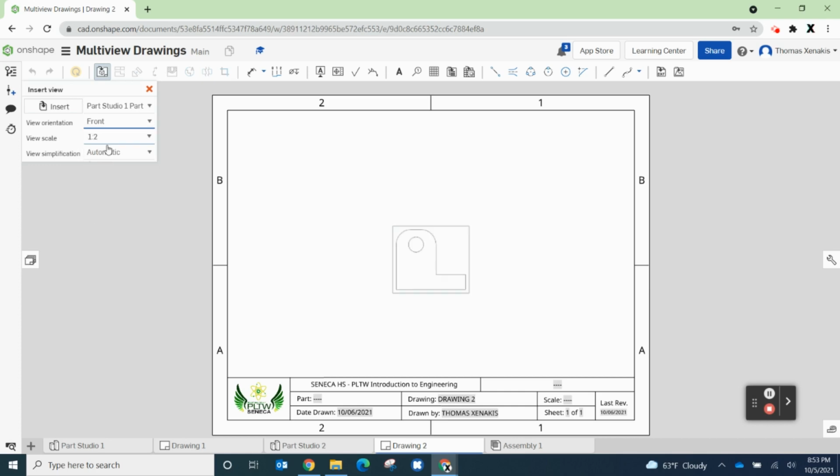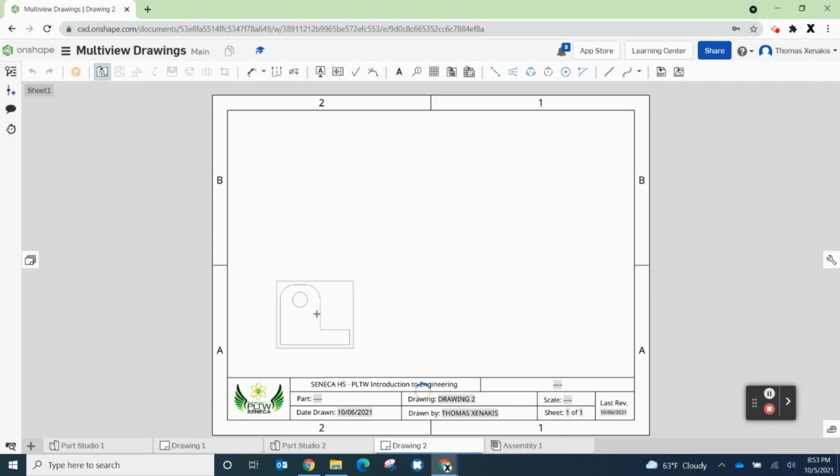So front view is what I want. It's suggesting a 1:2 scale, which will work well with the space that I have, so I'm okay with that. So let's go ahead and just left click to place that base view. Now, it automatically, you can see what's